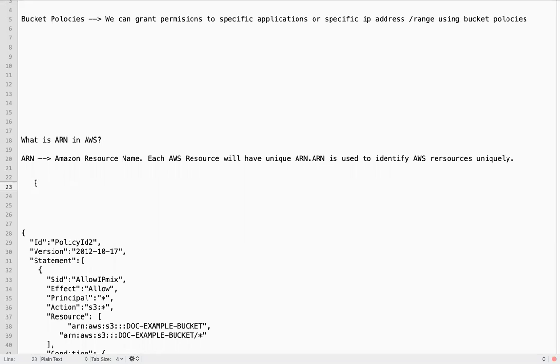So the pattern of ARN, if you observe, will be something like this: arn, aws, service name, region name, availability zone name, then resource name.